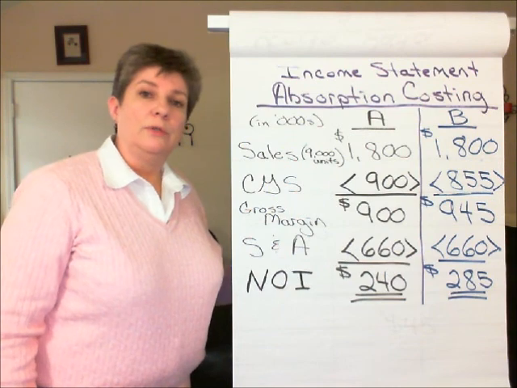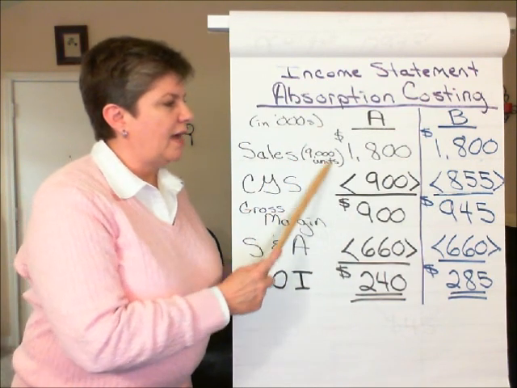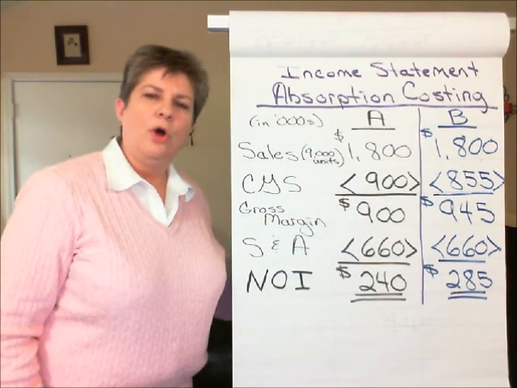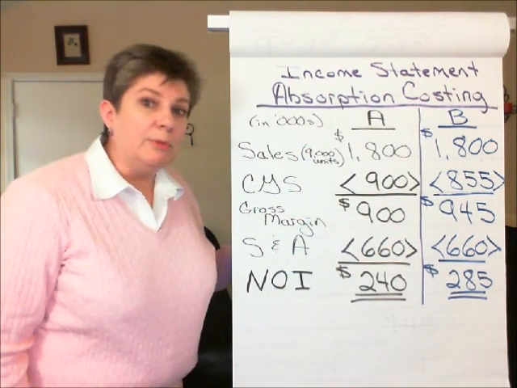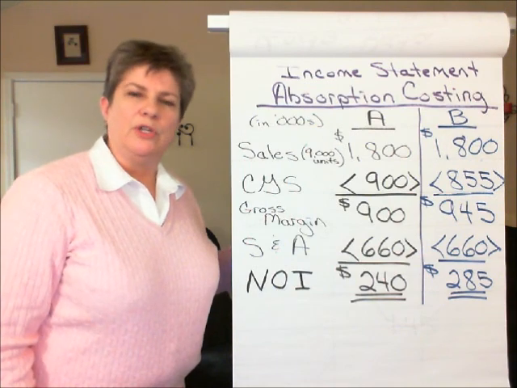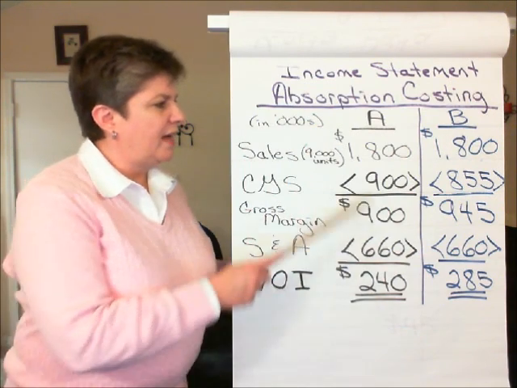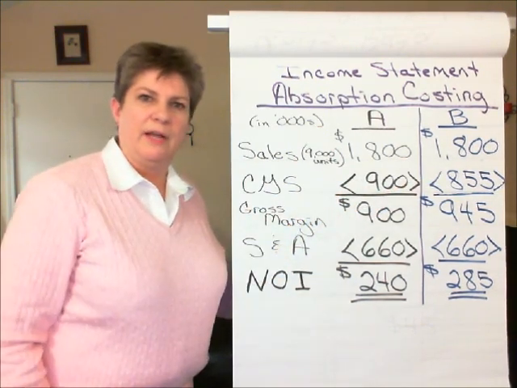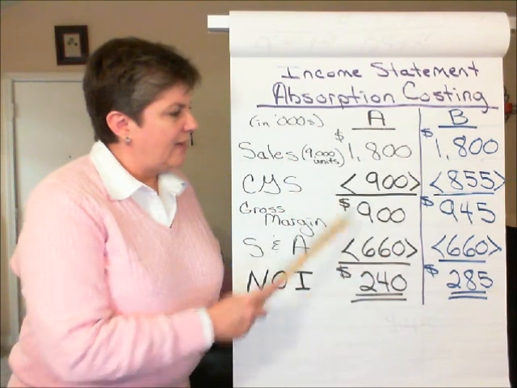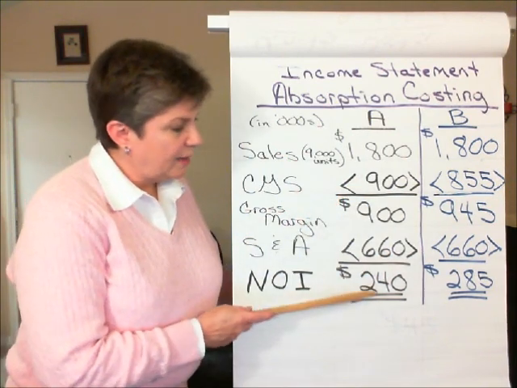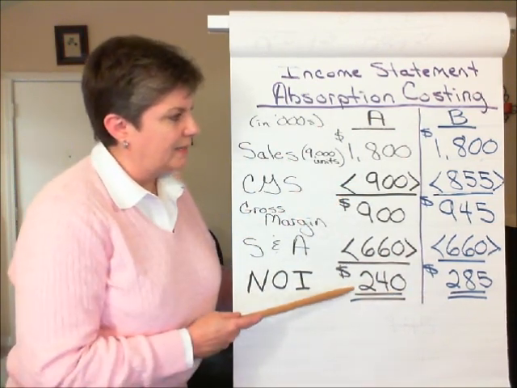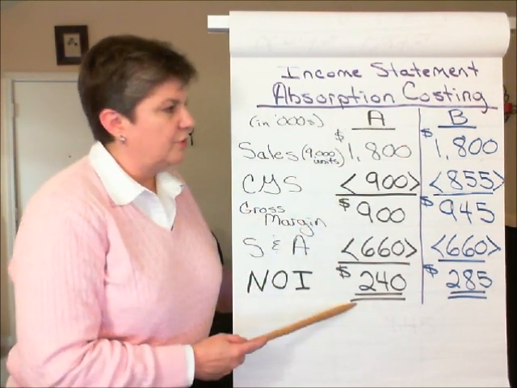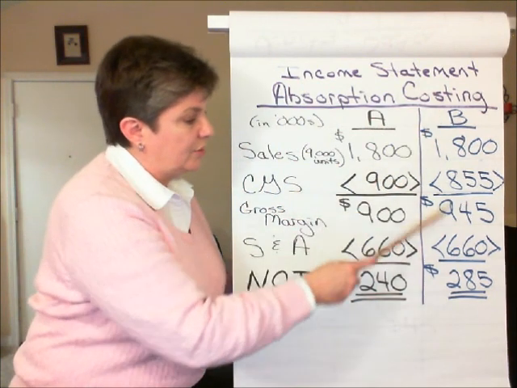We sold the same number of units, 9,000 units, in both scenario A and scenario B. Everything else is assumed to be the same, except the number of units produced. So how is it that cost of goods sold differs between these two scenarios? And in turn, that cost of goods sold difference impacted the bottom line net income. Net income, $240,000 under scenario A, and under scenario B,